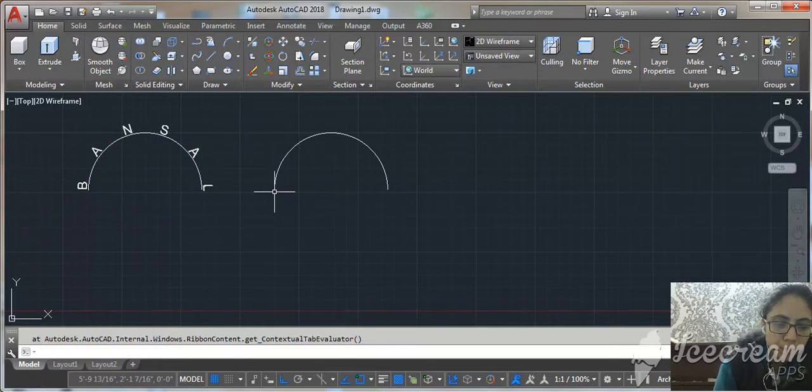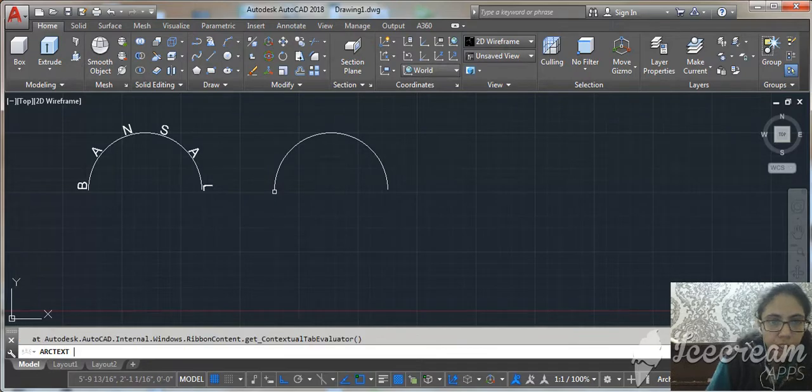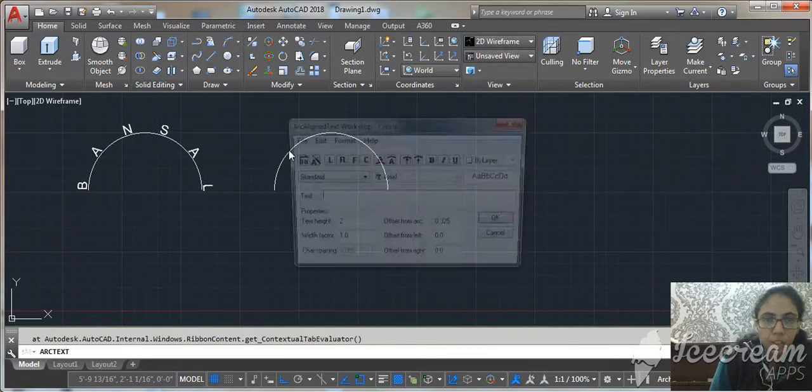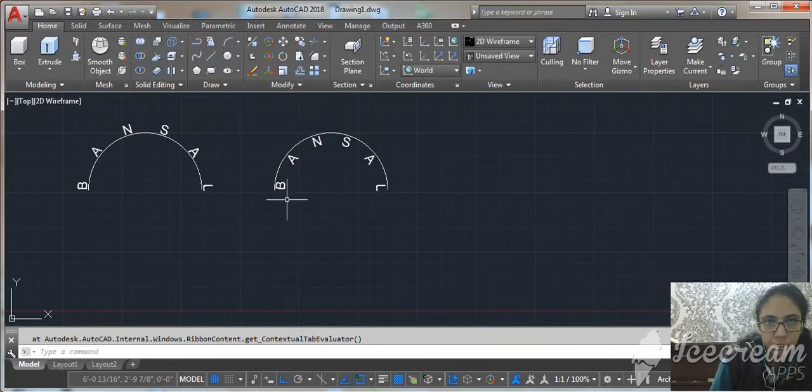Again the same command, ARCT, enter, click on arc. Here you can use some options. Now we have to use these, first arc, then text. Click on this, again write your text and enter. See,